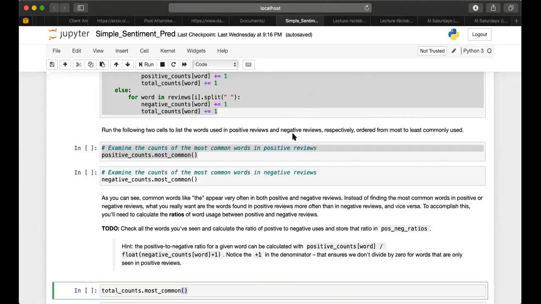My question is, at the beginning of this exercise, you gave us the reviews and then you gave us the labels, telling us which ones are positive and which ones are negative. Say, for example, in actual practice, you have a list of data and you want to check which one is positive and which is negative.